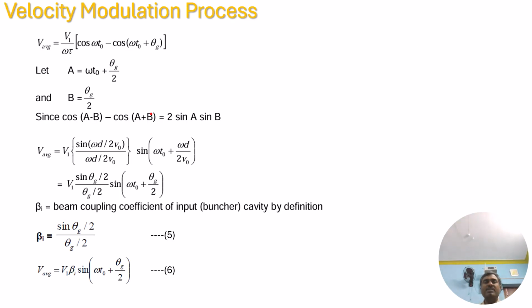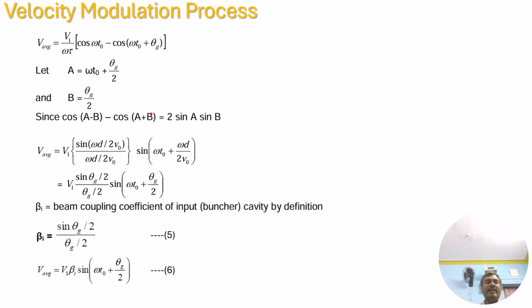As we have seen, the expression for V average is V1 by omega tau into cos omega t naught minus cos omega t naught plus theta g. This is in the form of cos A minus B minus cos A plus B. This can be written as 2 sin A sin B. Here A minus B is omega t naught and A plus B is omega t naught plus theta g. Just by solving these two expressions, we can get the values of A and B. A value is omega t naught plus theta g by 2 and B value is theta g by 2, and